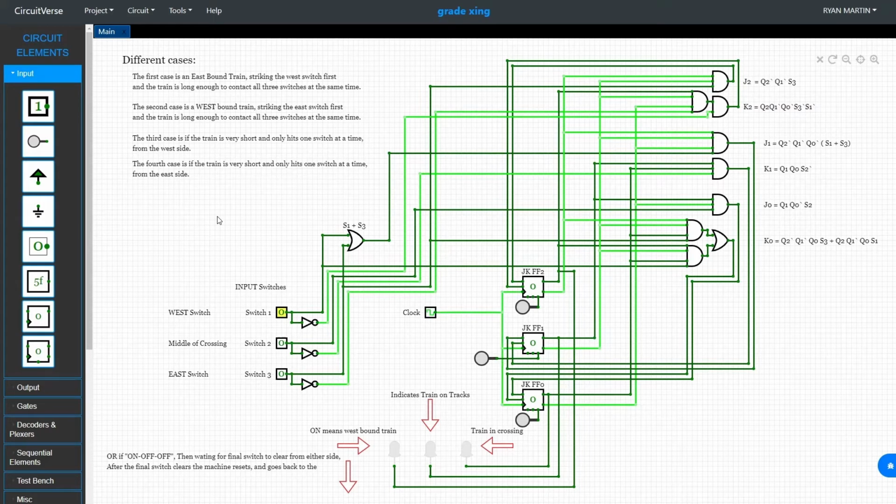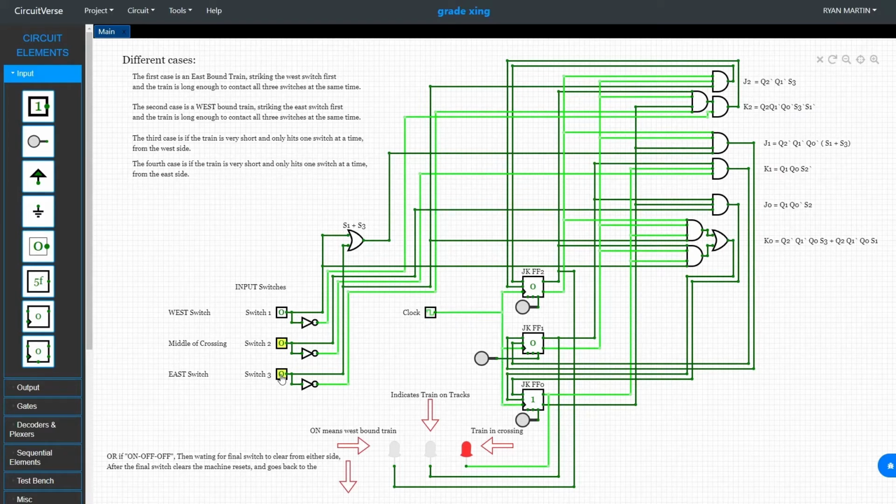So our third case is if the train is very short and only hits one switch at a time from the west side. So it hits the west switch. It's very short, so it only hits one switch at a time. So we have a train on the tracks here, and we turn it off, and then we hit the next switch. Now we know there's a train in the crossing, and then we turn that switch off,